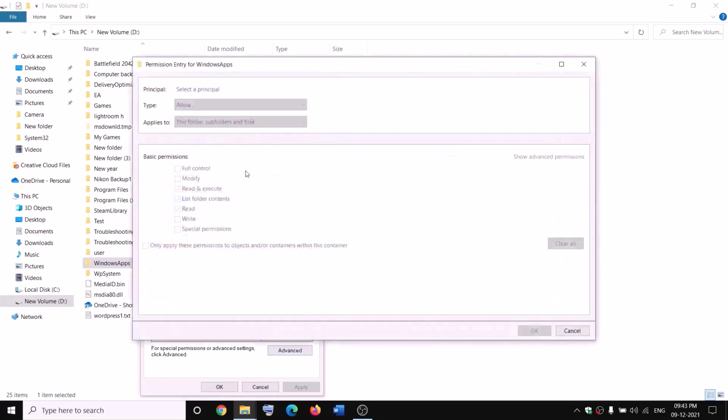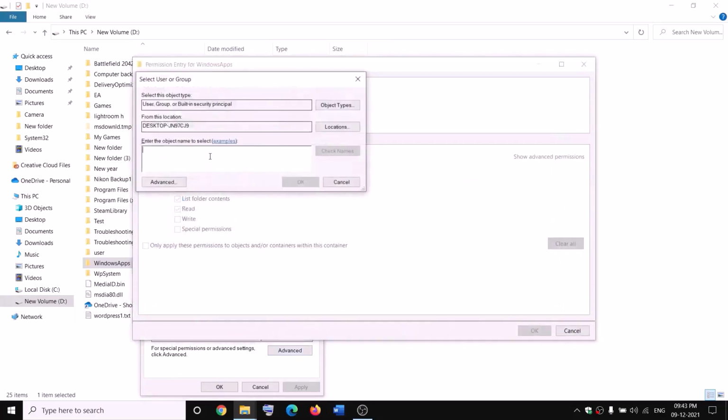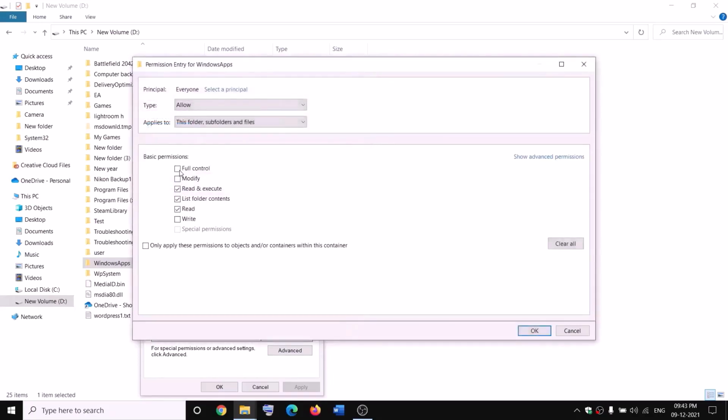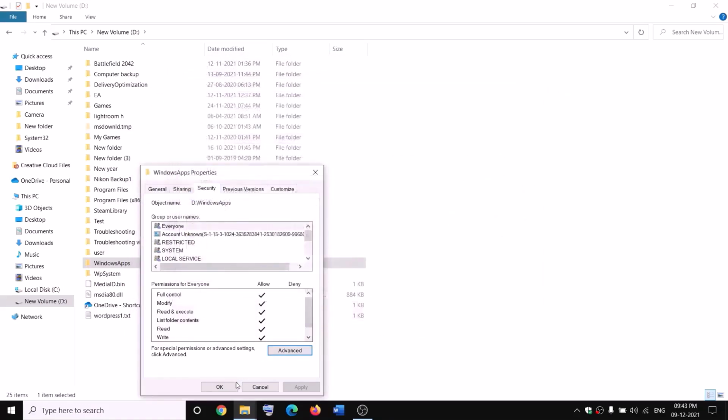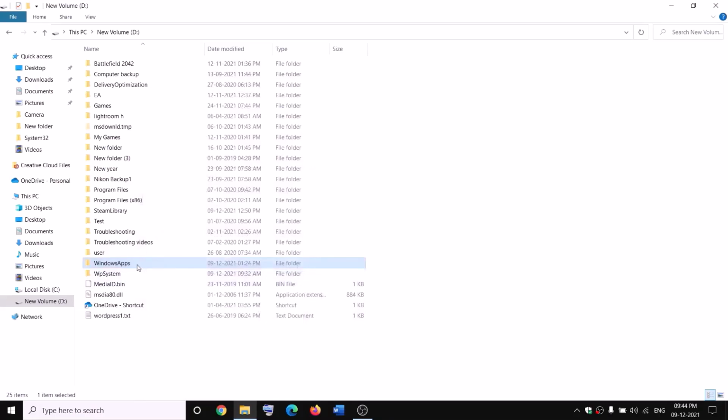click on Add, Select a principal, Everyone, Check Names, OK. Put a check on the box which says Full control. OK, Apply, OK, OK. Now make a right click on WindowsApps and then click on Rename and then rename it as WindowsApps.old. Now while renaming it, if you receive any kind of error message which says file is